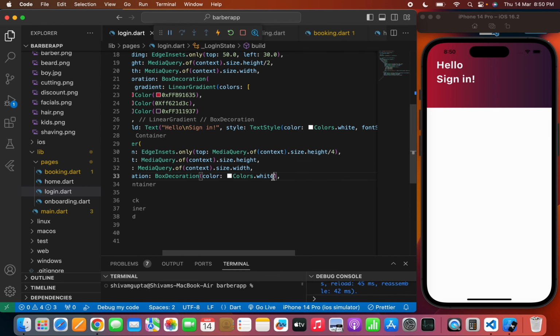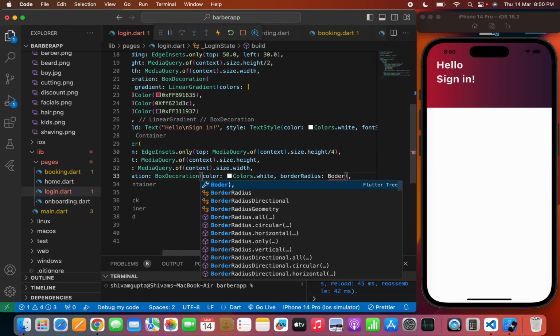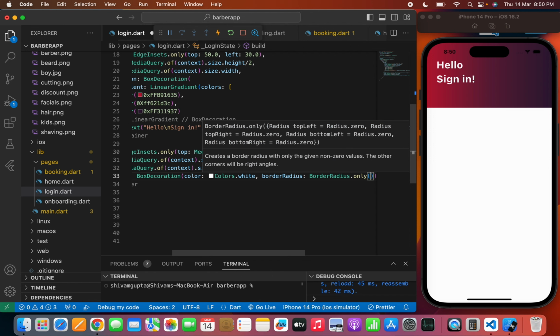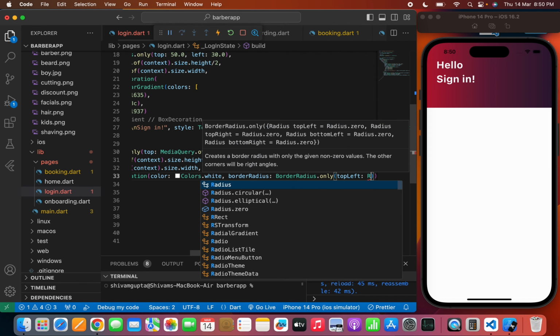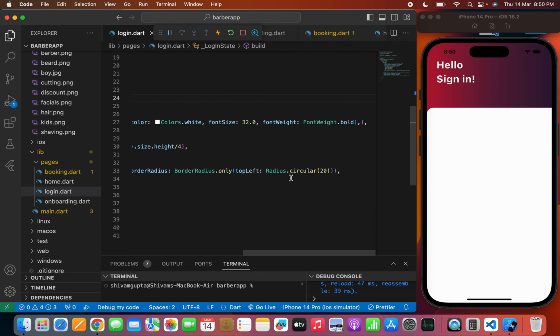So in the box decoration, I will write border radius dot only, not border, it will be border radius dot only, maybe from the top left radius dot circular 20. So here you can see the radius, I mean the circular radius,